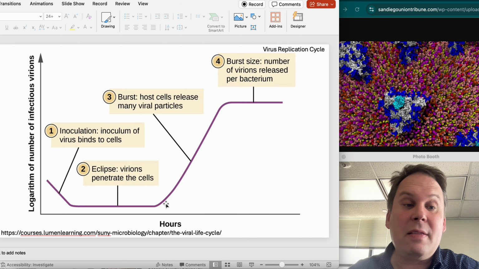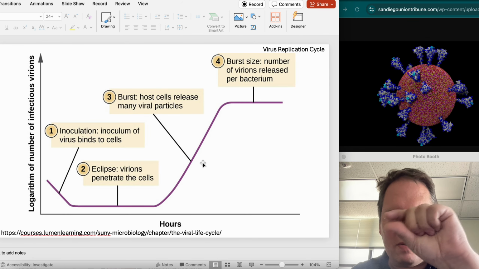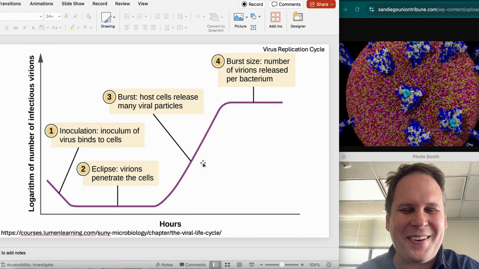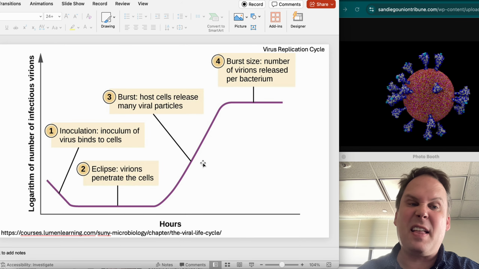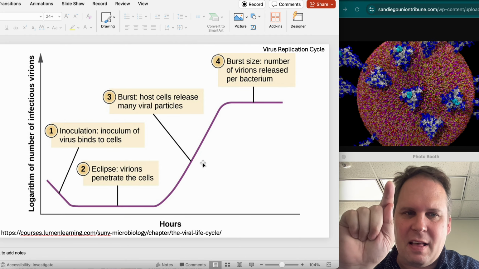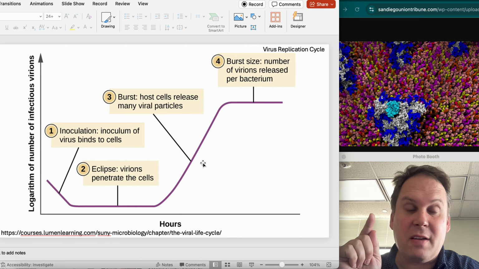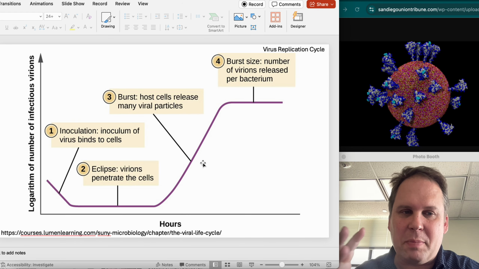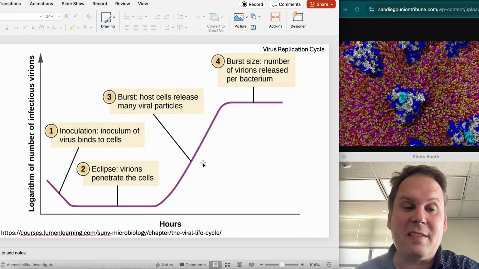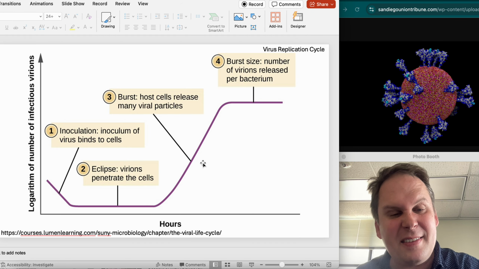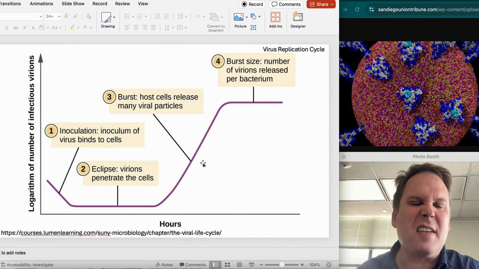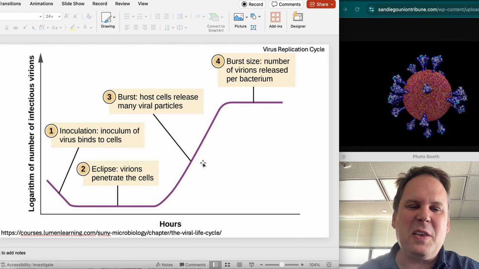Then we're going to have the burst, because one virus enters, and it's the opposite of the Thunderdome. Yeah, where one or two people enter and only one leaves. One virus enters, and you'll have 10,000 or more come out. The virus is going to turn that cell, which is full of DNA nucleotides, RNA nucleotides, little parts that can be assembled into proteins, into a virus factory. And now everything inside that cell is going to be used to produce viruses, and when it runs out of stuff to make viruses, it's just going to sag and collapse or burst open or die. It'll die. Yeah. Viruses use up cells.